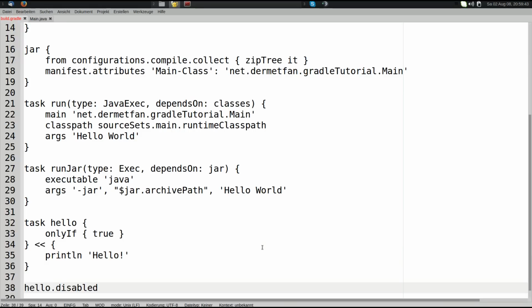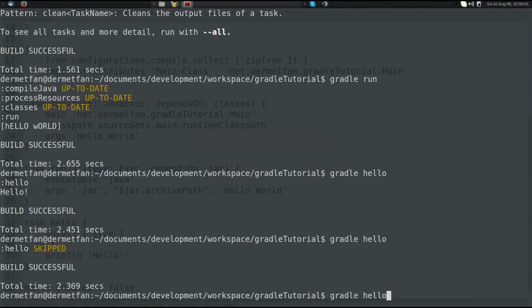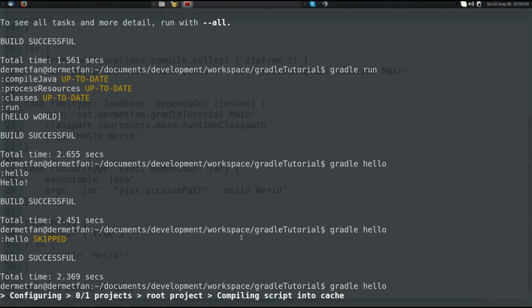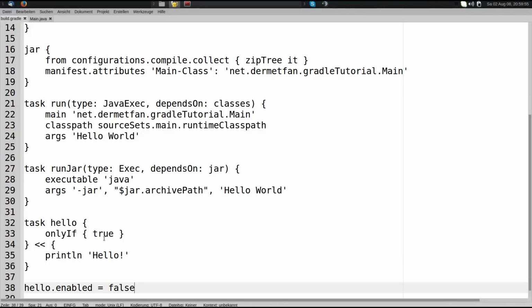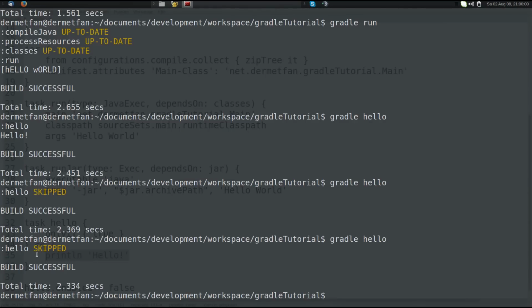Also we can enable and disable tasks, so let's change this back to true and say hello.enabled equals false, which effectively disables the hello task. And we would run hello, and even though it's true and it should print hello to the console, we see it was skipped